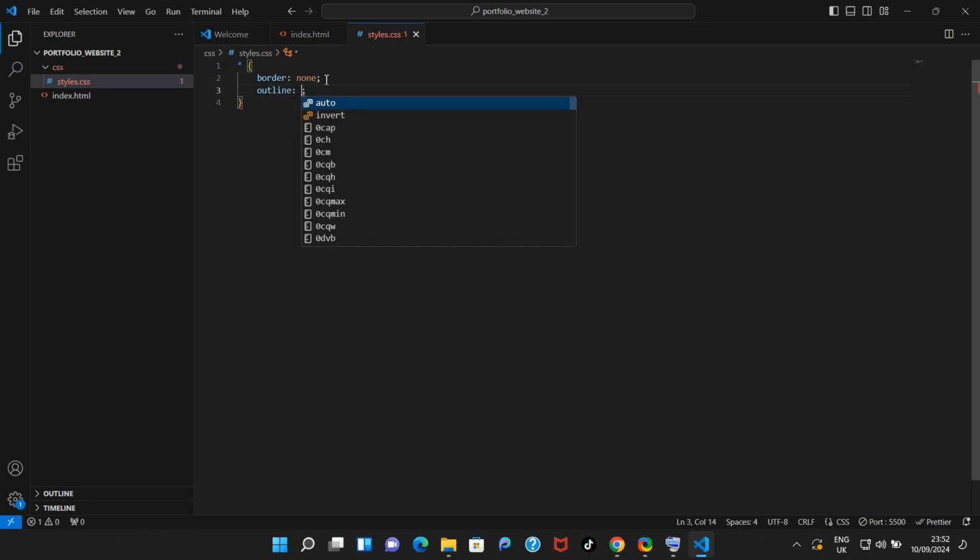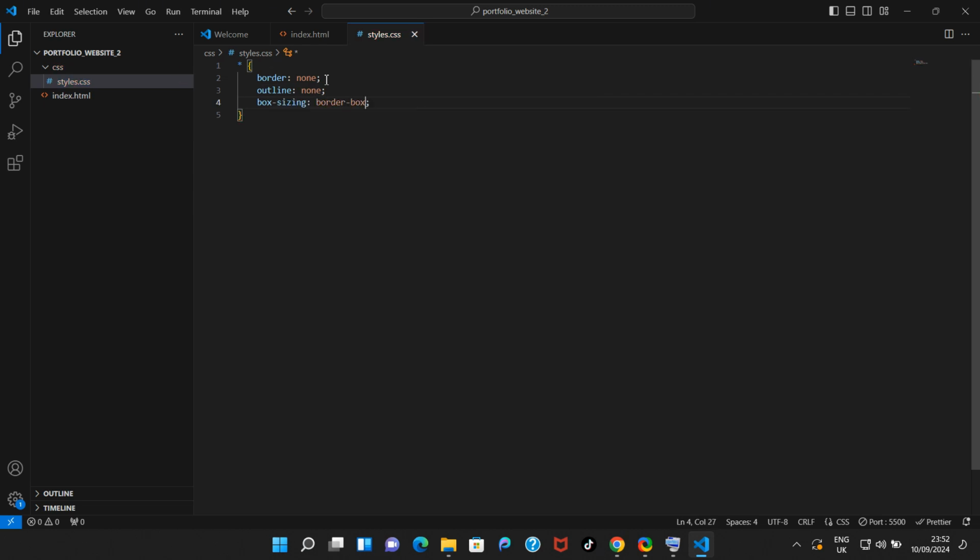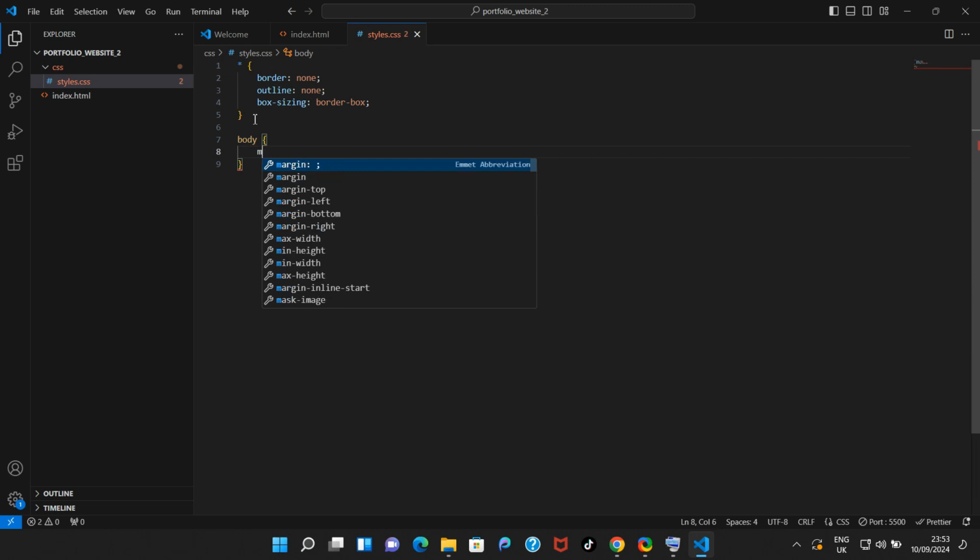Outline: none, sorry about my spelling, and box-sizing: border-box. Body as well: margin 0, padding 0,